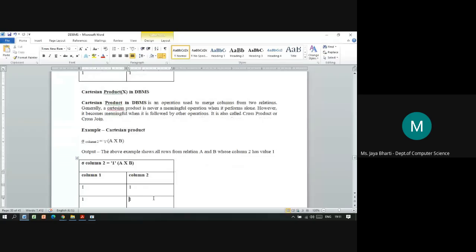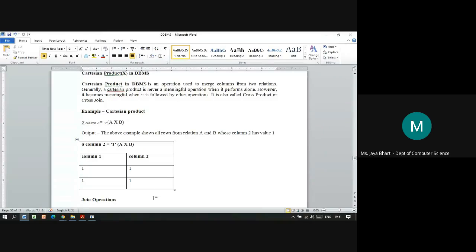Now Cartesian product is basically used to merge the columns from two relations. Generally, we use Cartesian product with join conditions. However, it becomes meaningful when it is followed by other operations. It is also called a cross product or cross join.